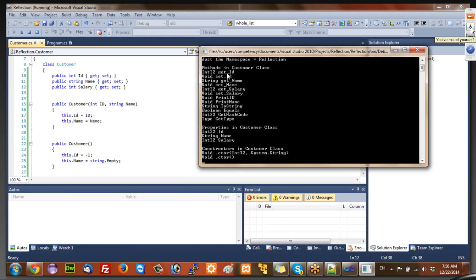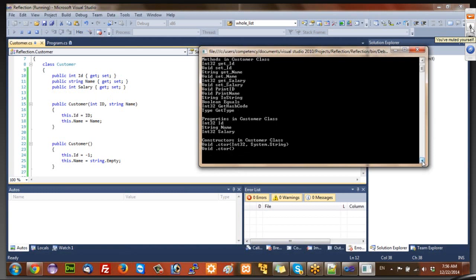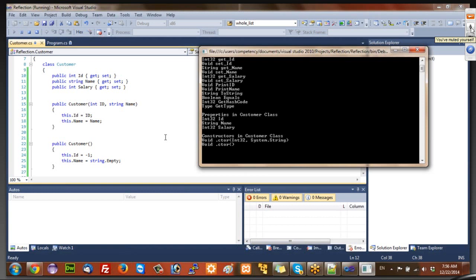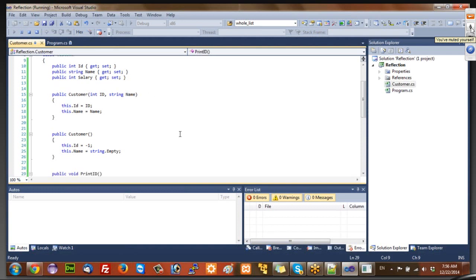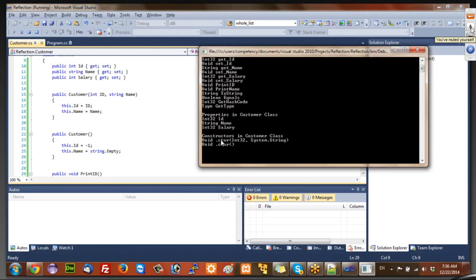Okay, so that was about the methods in the class. Then you have properties. As you can see here, we have three properties: id, name, salary. So those things are listed here. And then we have constructors. So we have mainly two constructors here. One is the default constructor, and another is this constructor with id and name. So as you can see here, you have two constructors. So dot ctor actually represents constructor, and the first one has two arguments, the second one is without any argument,